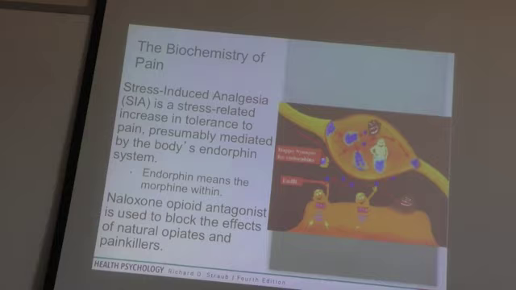Stress-induced analgesia is a stress-related increase in tolerance to pain, presumably mediated by the body's endorphin system. So the reality is that something might have happened to you to cause pain, but because you're in a stressful situation, you don't feel it. This is one of the reasons why football players in a stressful situation injure themselves. They don't realize it because of the stress-induced analgesia aspect of endorphins. They don't realize that they're hurt until somebody looks down and says, "Oh, look, your finger's hurt,"